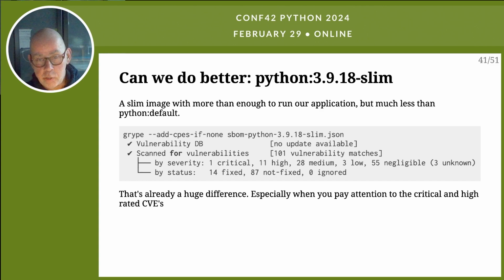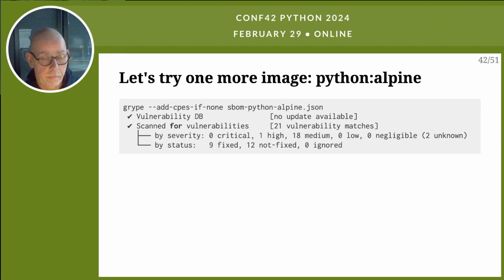We could make this a bit safer application by simply changing the base image. We don't have to rewrite any code or whatever, but by using the Python 3918 slim image, suddenly we only have 101 vulnerable matches, which compared to 1700 is quite a reduction. The difference is huge, but we can do better. If you look at the alpine based image, then you see that we have only one high, 18 medium, no criticals or whatsoever,